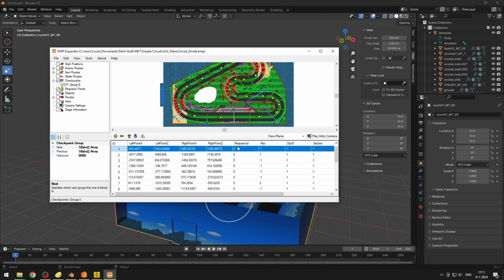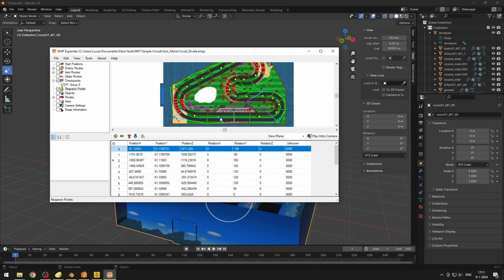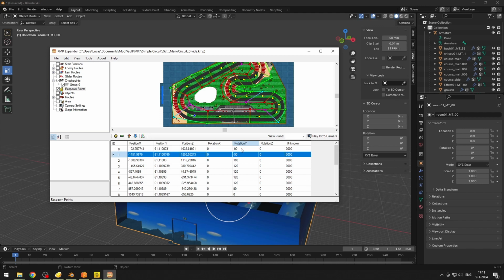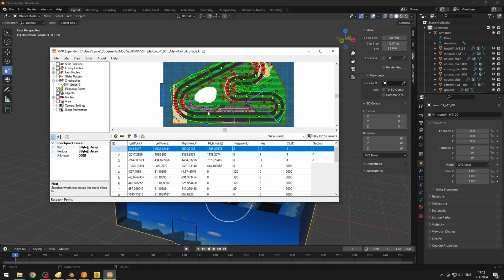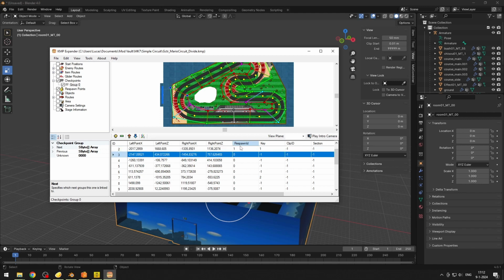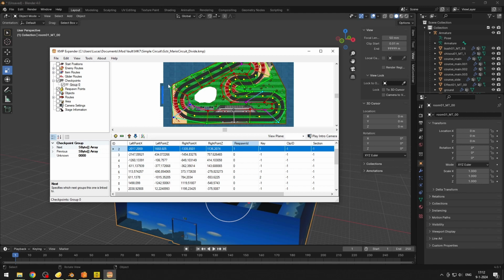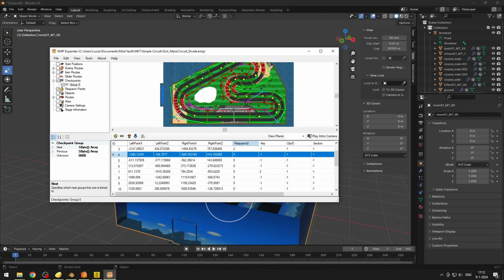So this one's automatically 0 because we start at 0, right? And this one's also -90 because it's a straight line, right? So this one's 0. This one is 1 because it passed one of these, right? Respawn ID 1. Always double click to edit these values, by the way. Then the next one is 2, which is this one right here. 3,